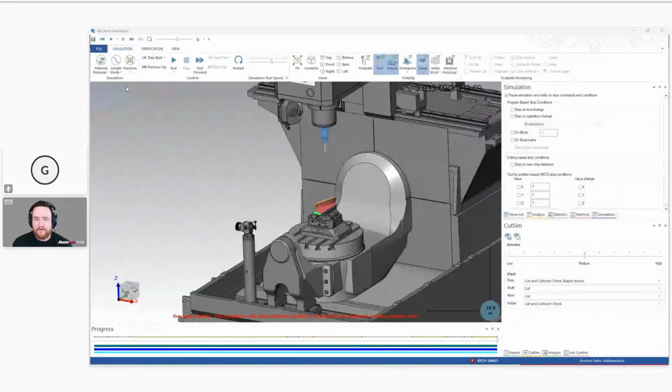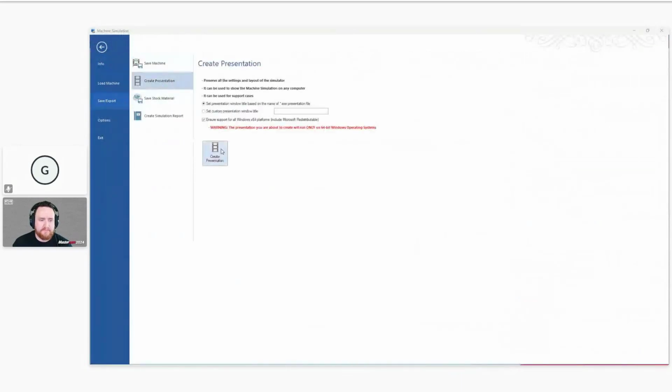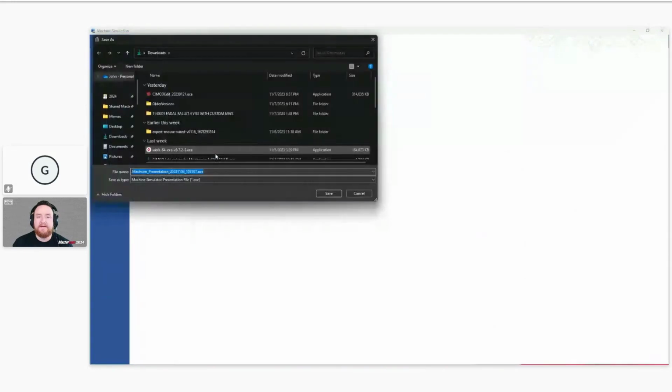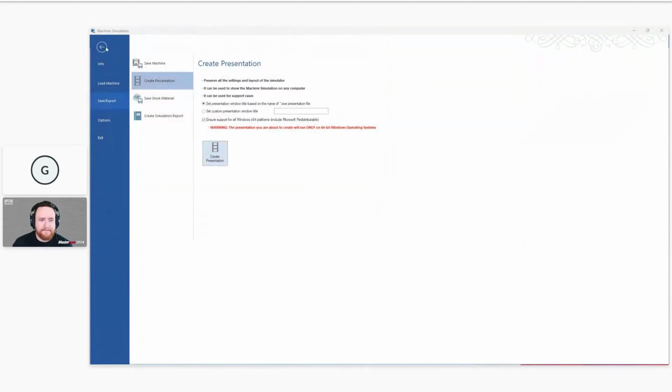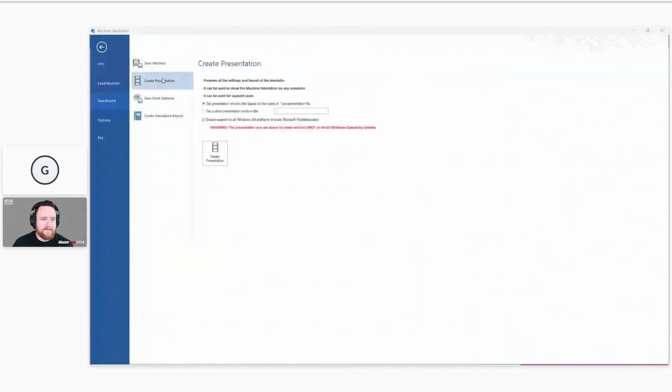Additionally, we can create those exe files. We do it from a different spot because this is ModuleWorks. So we go to File, Save/Export, Create Presentation, and then you create it here. Again, I believe that this is the same thing. It requires the 64-bit operating system in order to run, so do keep that in mind. Big red warning sign there when you go back to the create it. Yeah, there it says running 64-bit, which when I saw that email come in for the ticket, I immediately went to look at this first, and I thought, that's probably what it is,